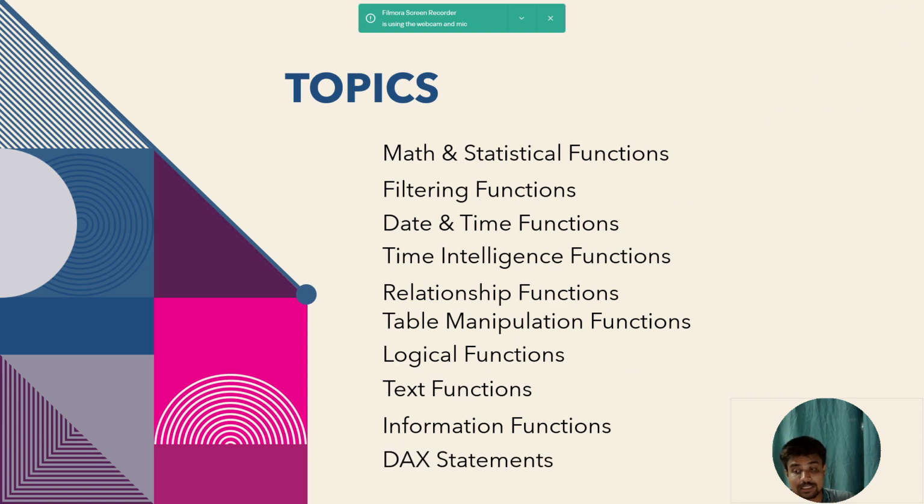The last will be the DAX statement. The statements will be my where, or like the variable which we are going to store. In addition to that, we have one more topic called operators. I missed adding it over here. The DAX operators, you can have an equal to, to compare, and you have an ampersand. The one ampersand is to join or merge the values. Double ampersand is to validate the condition, and you can have a single slash or double slash to mention that